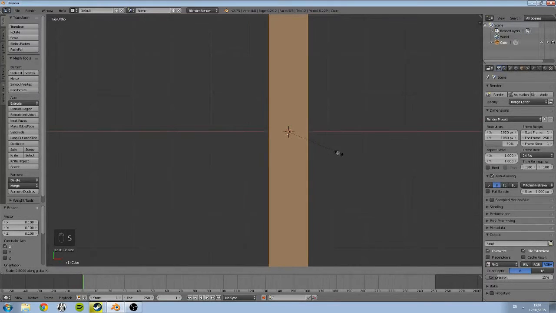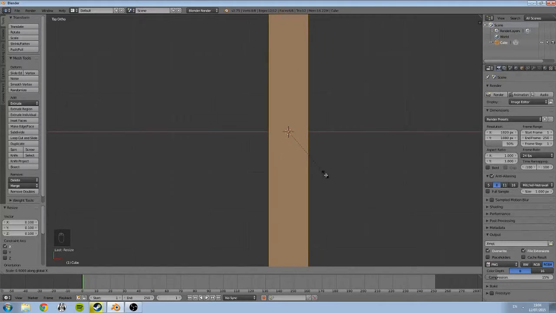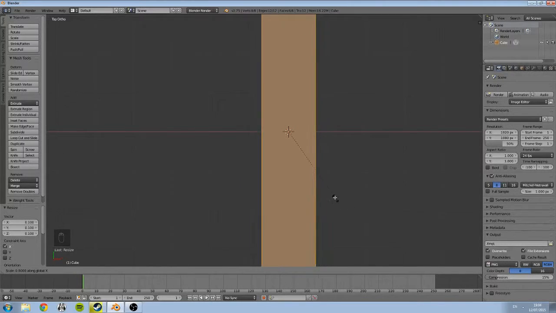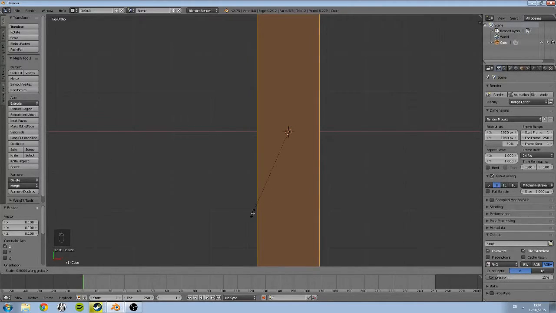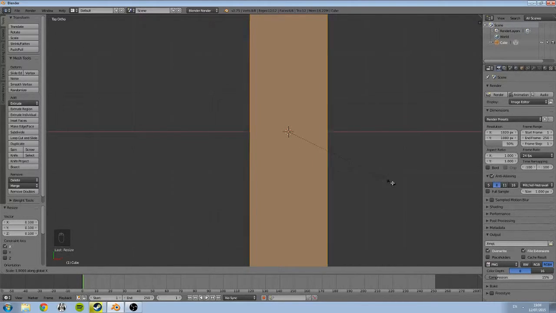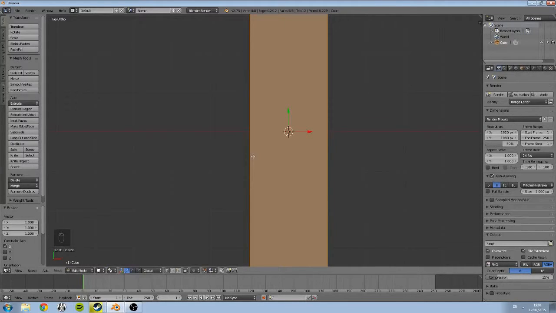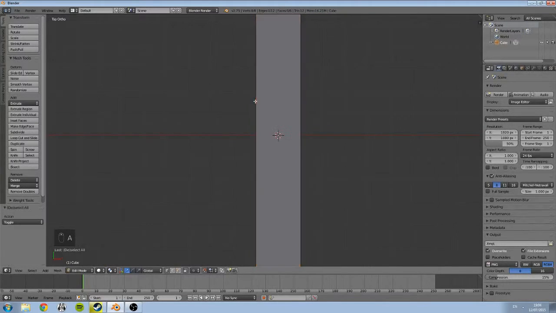So depending on the zoom size, we can actually scale our fence, or what will be our fence here. So I'm going to scale it roughly to where this light grey line is, and scaling is done by moving the mouse up and down. So we'll scale it roughly to that grid unit there. Now you may notice we can't see our grid anymore because our cube's in the way,